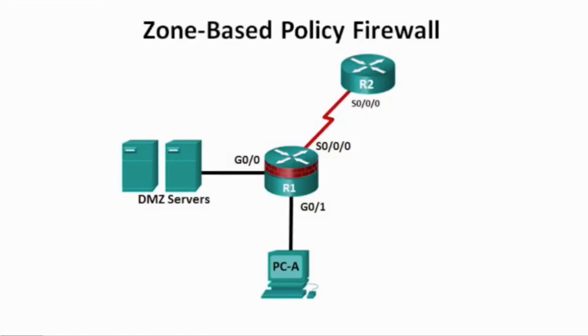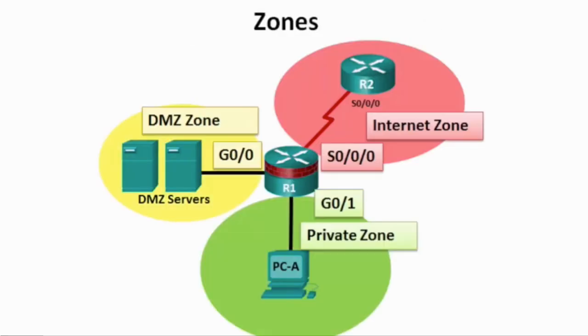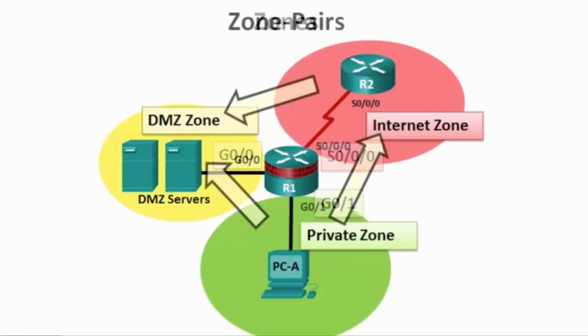The router R1, you can see in the diagram, has 3 interfaces. And for the demonstration, I'm going to configure 3 separate security zones. The internet zone, which is designed to connect out to the internet, which will need to be assigned to interface serial 0/0/0. The private zone, which will be assigned to interface gigabit 0/1, and the DMZ zone, which will be assigned to gigabit 0/0. To allow traffic between separate zones, I'll need to define zone pairs and 3 zone-based policies,